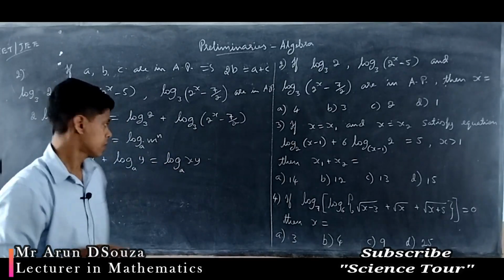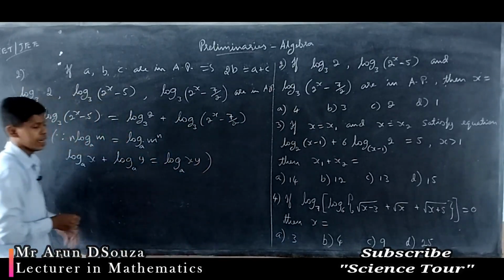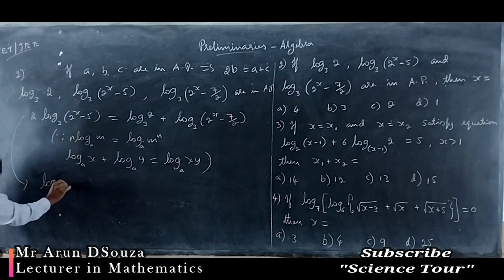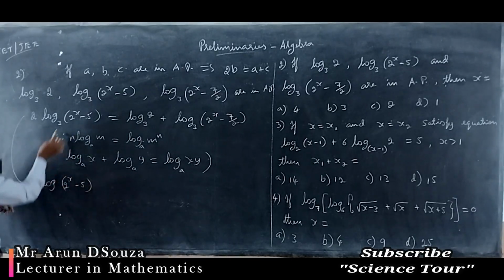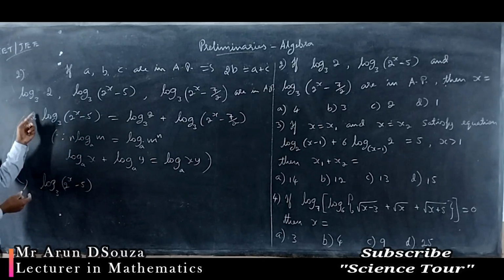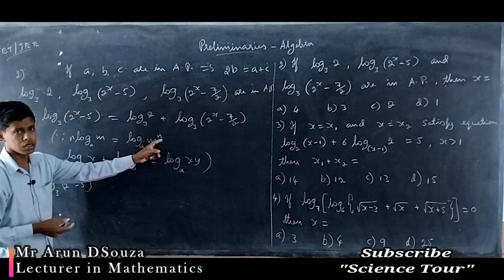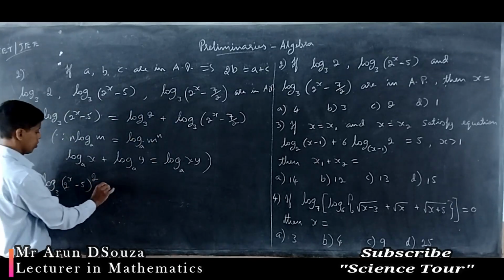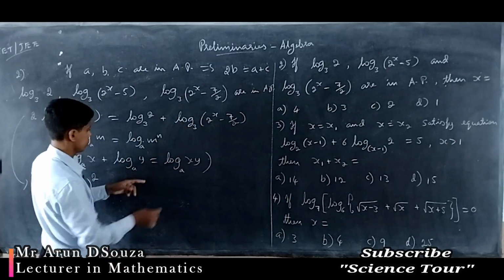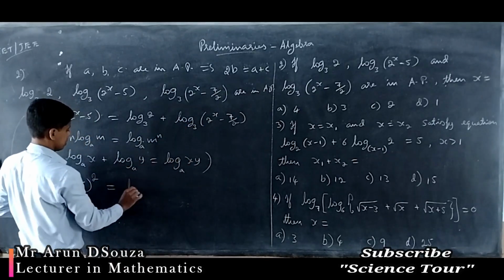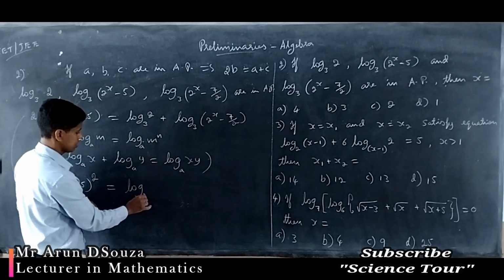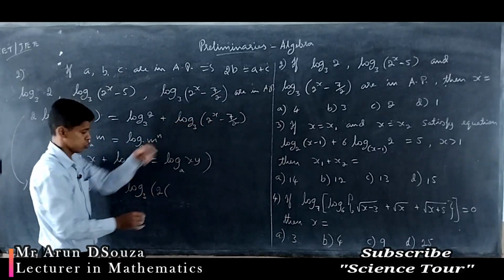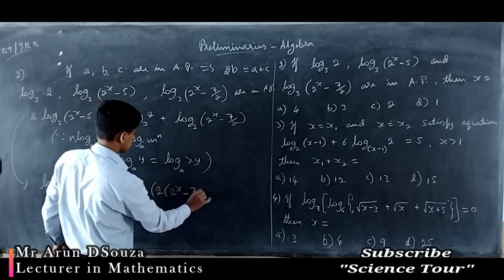Log xy. These are the two formulas that we will use to evaluate this. Here, log of 2 to the power x minus 5, this is the base, but this goes as the power here. So 2 goes as the power, and there is no more hurdle now. And this is log x plus log y, that is log xy. So this is log, the base will be the same, 3, and 2 into 2 to the power x minus 7